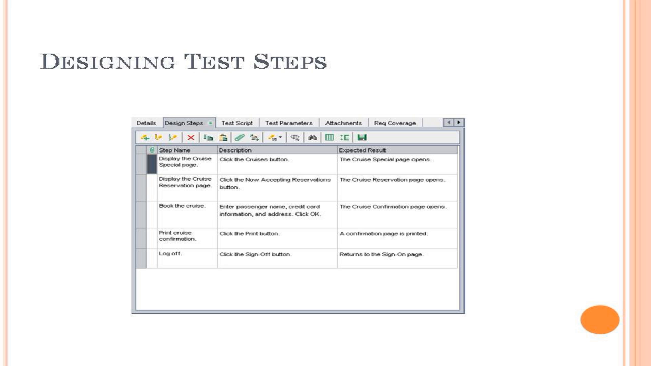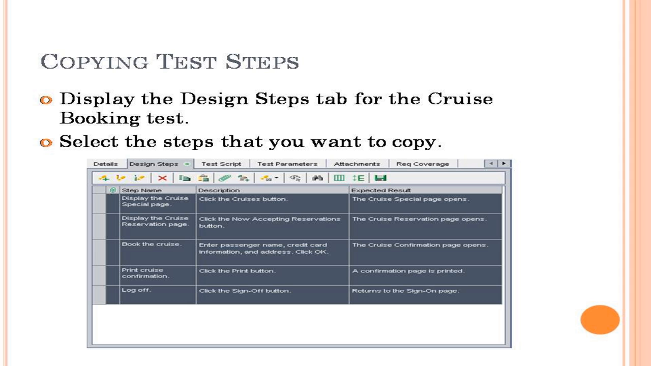9. Close the Design Step Editor. Click OK. The Design Steps tab displays the design steps. Copy and test steps. You can copy steps from another test in the same project or from a different project. In this exercise, you will copy the test steps from the cruise booking test and paste them into the cruise search test. To copy a test step: